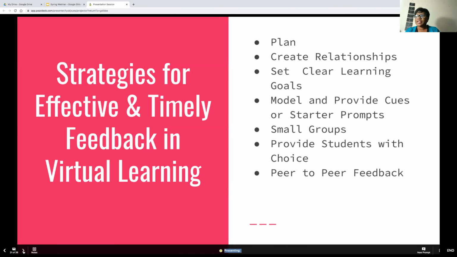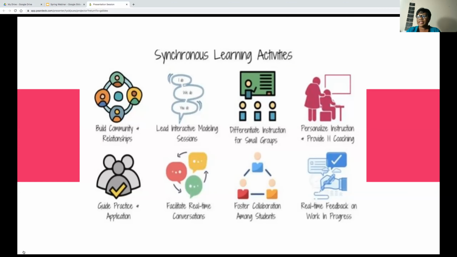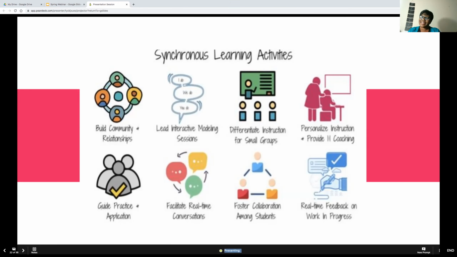And the next slide shows different activities that we can use. So effective planning is vital to virtual learning environments. If we intend to give feedback to all our students at the same time, we might not be able to do so. So we have to plan in a way that we are giving effective feedback to a number of students at a time. For me, or I don't know, we can talk about this.